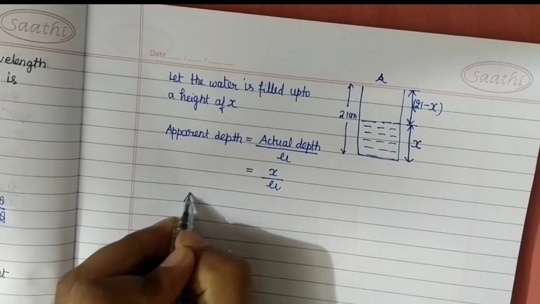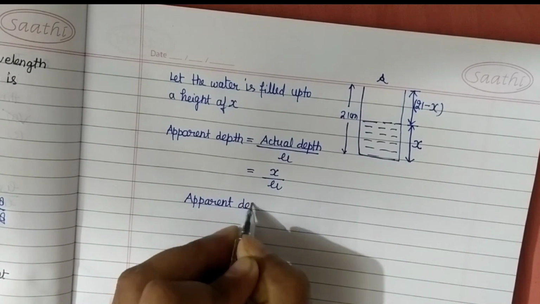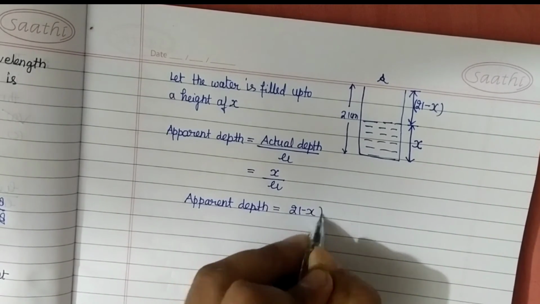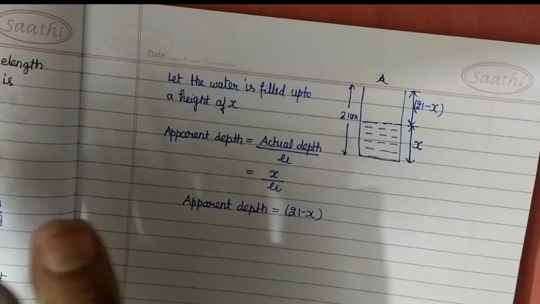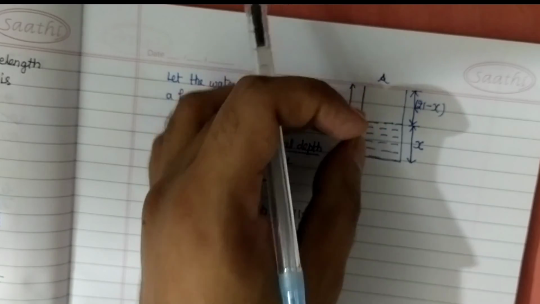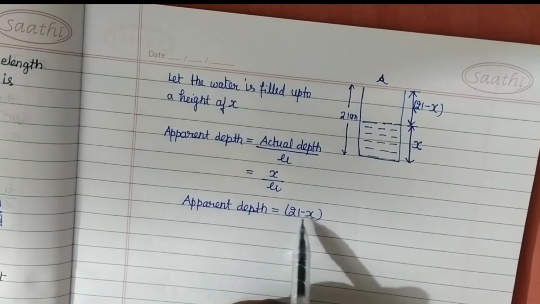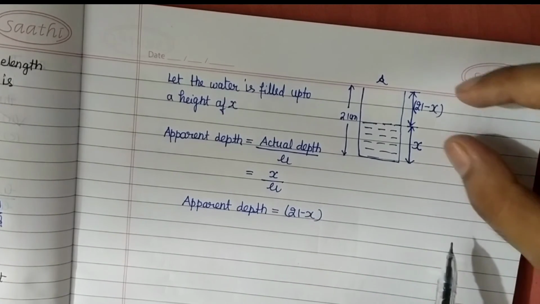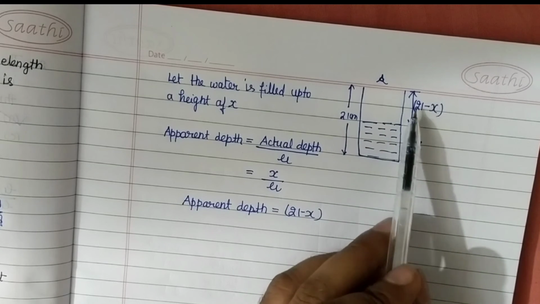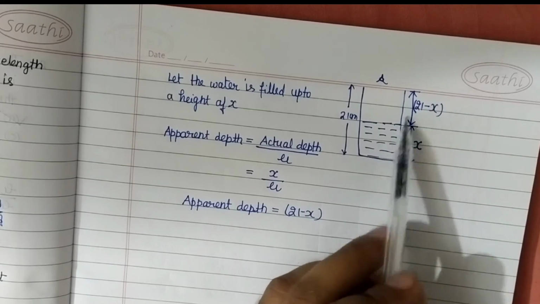तो अपरेंट डेप्थ किसके इक्वल हो जाना चाहिए? 21 माइनस एक्स. जो हमारा अपरेंट डेप्थ आएगा इसका, वो किसके इक्वल हो जाना चाहिए? 21 माइनस एक्स के इक्वल. मतलब हमारा वाटर न रहे, जितना खाली है वही रहे, तभी ना इसको जो अपरेंट डेप्थ होगा वो 21 माइनस एक्स के इक्वल होगा, तभी ना उसको खाली खाली दिखेगा. ये हाफ फील्ड दिखेगा इसको. कब हाफ फील्ड दिखेगा? जब ये अपरेंट डेप्थ 21 माइनस एक्स के इक्वल